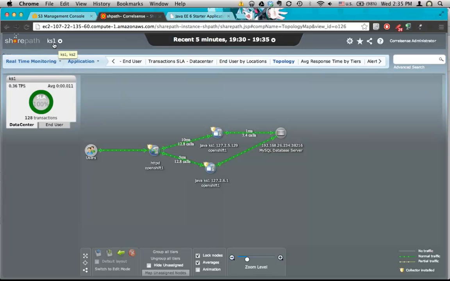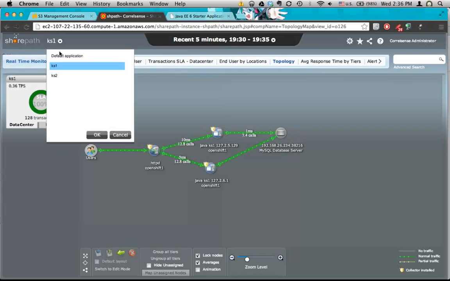and see how our application is behaving. In this case, we see that we've automatically picked up that we have 2 gears within the JBoss cartridge. We can see the Apache web server, which is essentially also serving as a load balancer. And we can see the MySQL database cartridge that we've added to this application previously. Now, if I take a look at the entire platform,